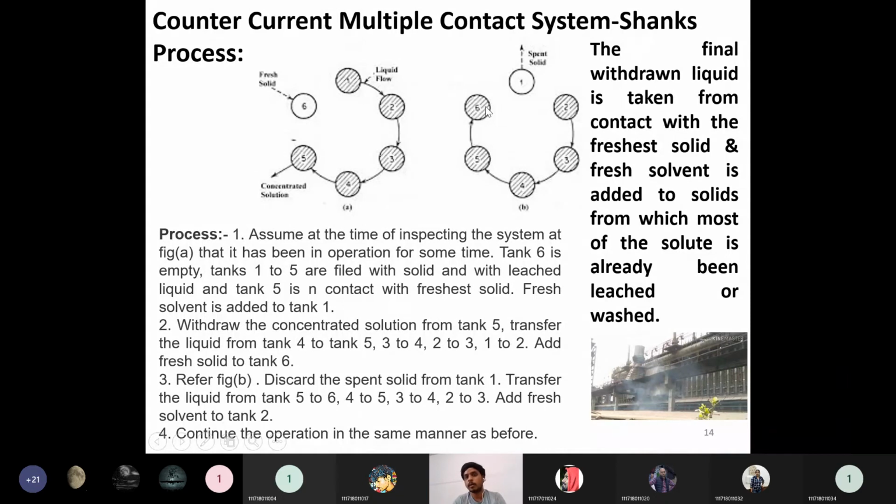Then similarly, what happens in the next operation, for example, cycle 3? In cycle 3, these solids are very much older. Okay, these were filled first. So the spent solids will be taken out from tank 2. Then tank 2 will be empty. Then the operation will be carried out from tank 3. So this is older, compared to this the next is younger, and so on, and compared to 6 this is younger in the next stage, but tank 2 is empty in the third cycle. So the same operation we have to carry out.